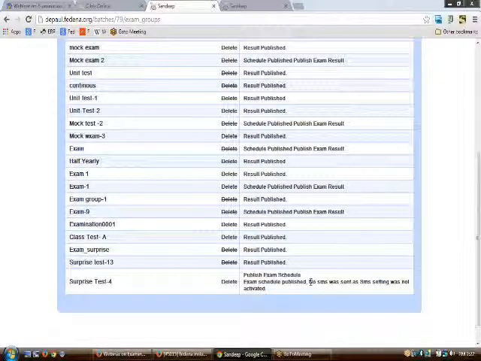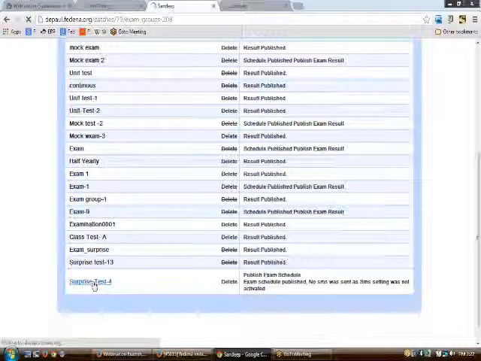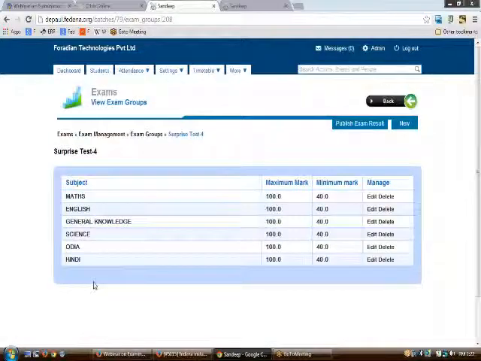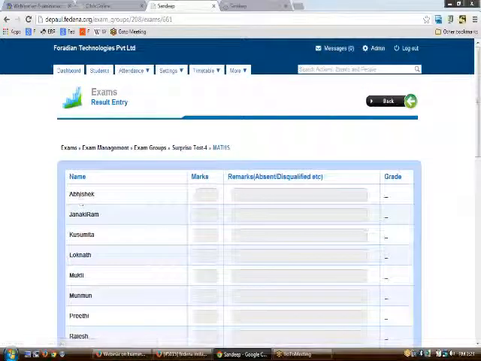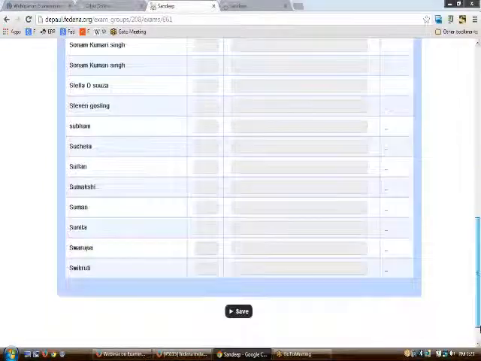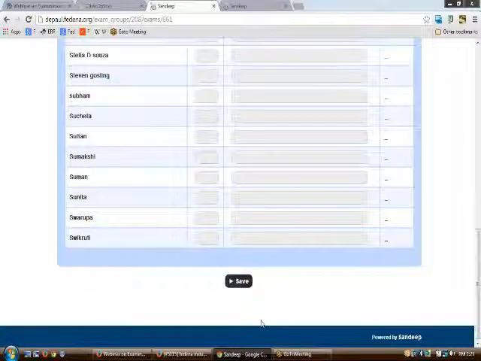So this way the examinations have been scheduled and published. Now after the examination has been conducted, the papers will be getting evaluated, and after the papers are evaluated, you can enter the marks for each of the examinations. To enter examination marks, you can do it by entering marks for each of these persons like this. And having entered for each of the students, you can just save the changes made.